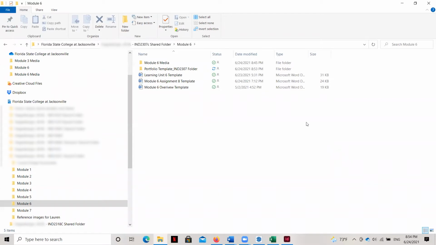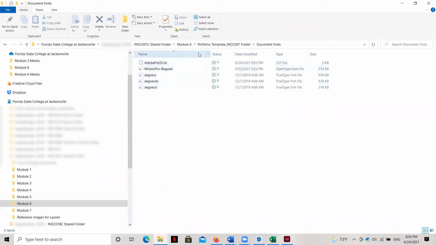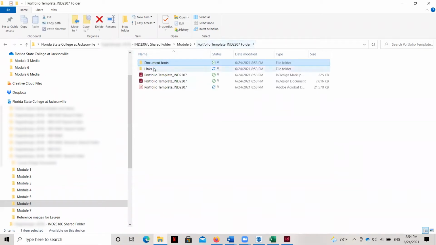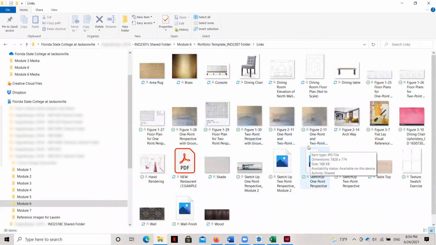And once the packaging is complete, you will see a folder wherever you have set the packaging to occur. And you will see that the folder is actually named the same as your InDesign document, but it says folder at the end. And when you double click in here, this is really great. It's got the copy of the fonts all in here that tells you all the fonts that you've used. There's a folder with all of the linked images here, and this is great because that way now you can put this on a flash drive and move it between computers and not have to relink.